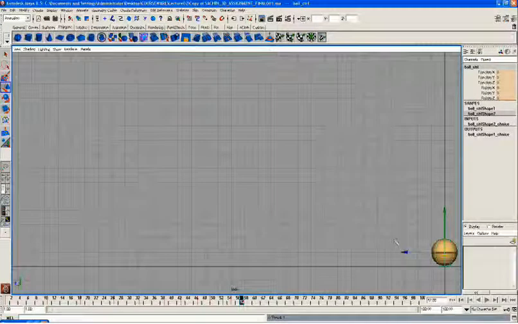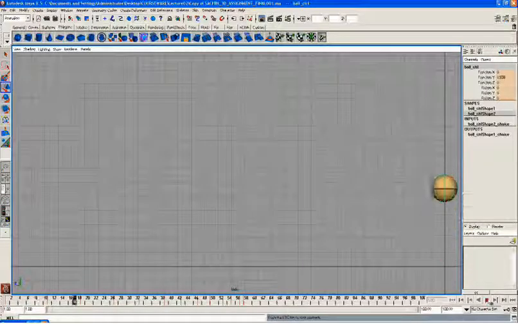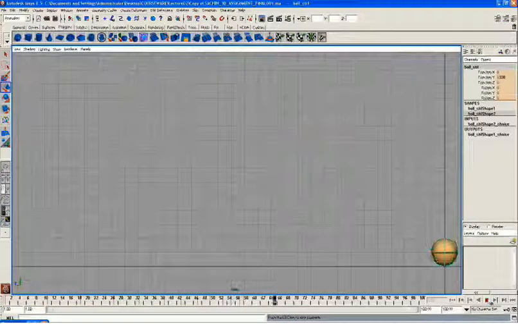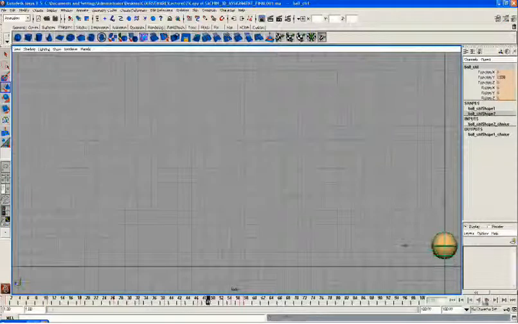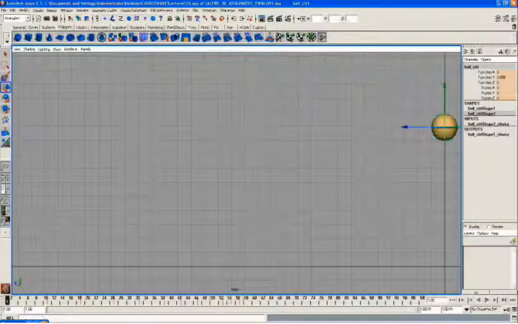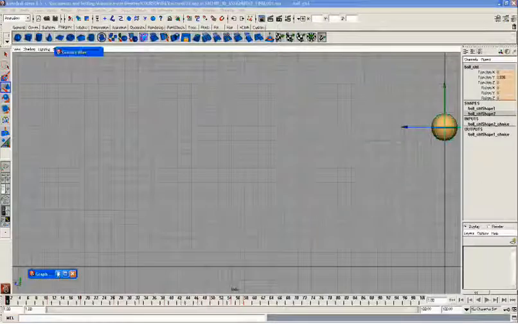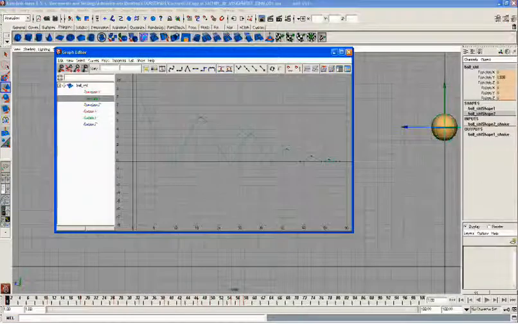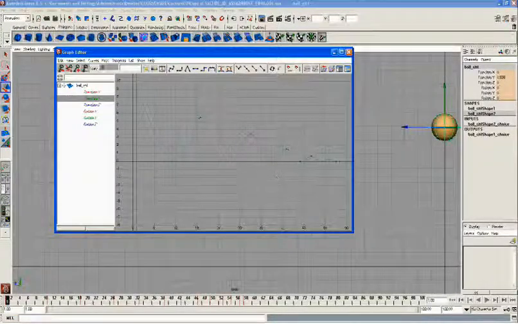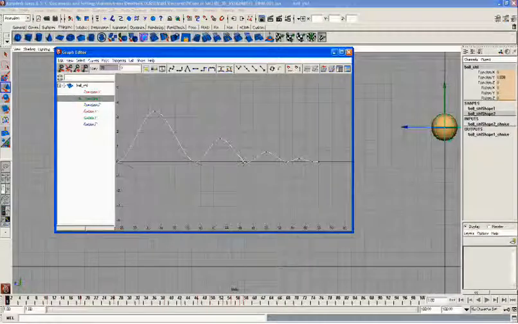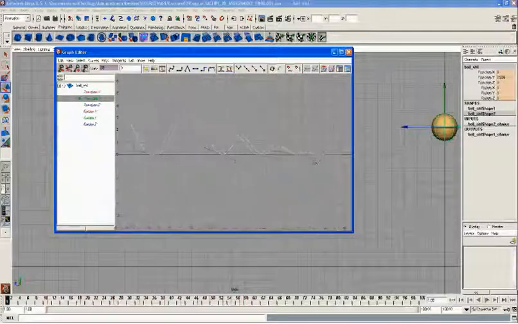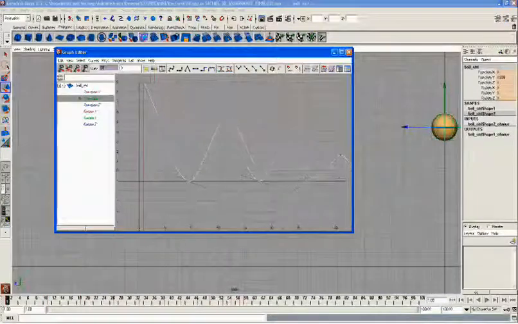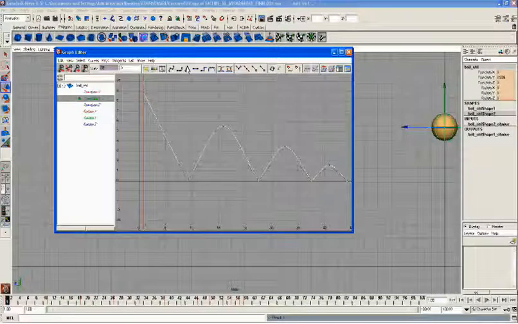Now play and see what is happening with this. Okay, but there is no weight coming into the ball, as we all know now that we have to give weight to this. So I'll select all the bottom keys, which are the contact positions of this ball, and make them linear.